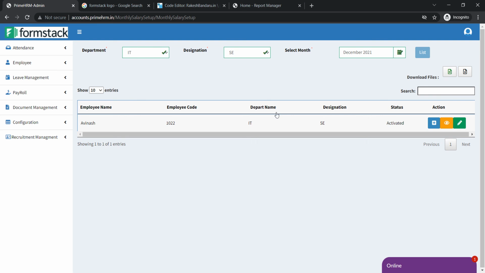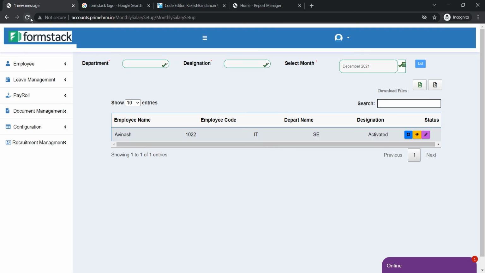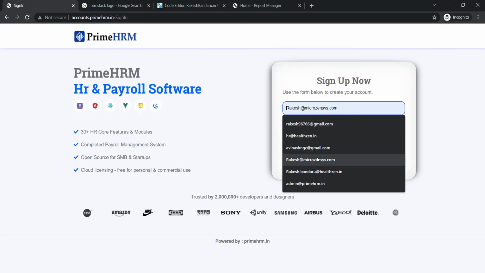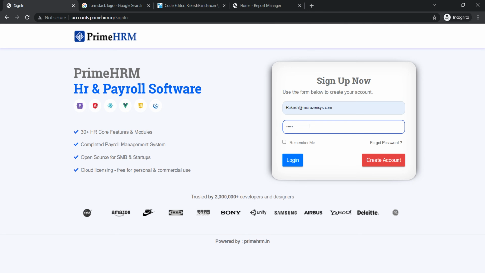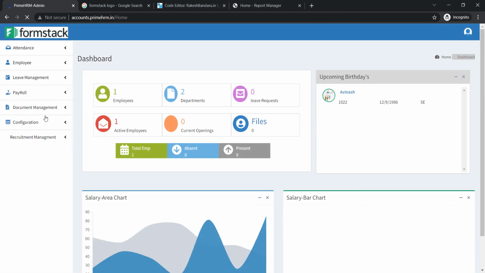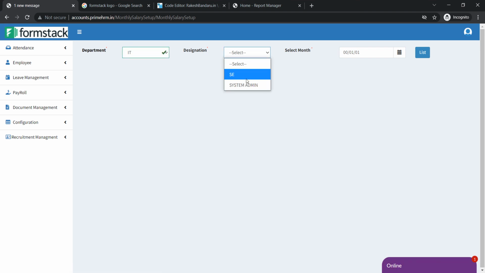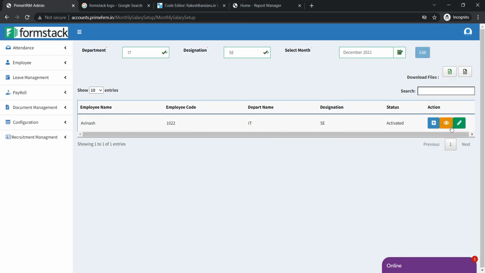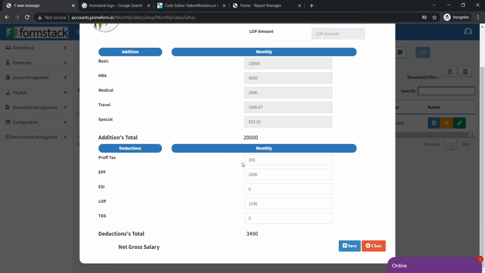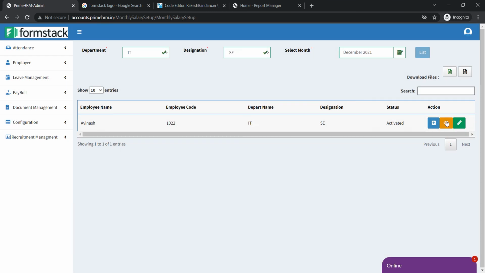Click on edit. You can see this one. Let me try to log in again. Something is happening. Under payroll, salary structure, and the salary, choose the department. You can click on this one. This is the date. You can see these employees' salaries. If you click this one, the payslip will be generated automatically. You can download those payslips and verify them.